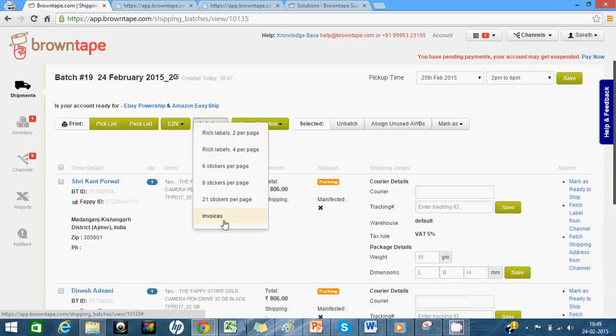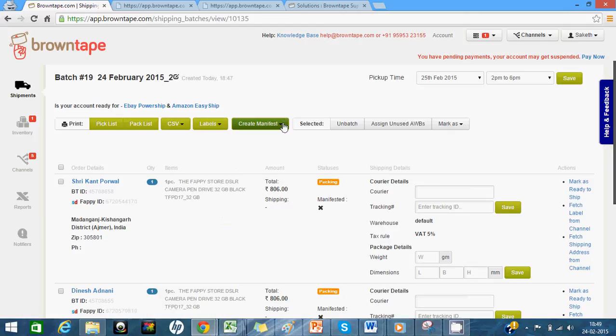Similarly, you can generate an invoice. You can also create a manifest. So to create a manifest, you need to enter the courier details, like which courier you're assigning and the tracking number. So this information could be provided onto an order in 3 different ways. You could either enter it manually for each order,